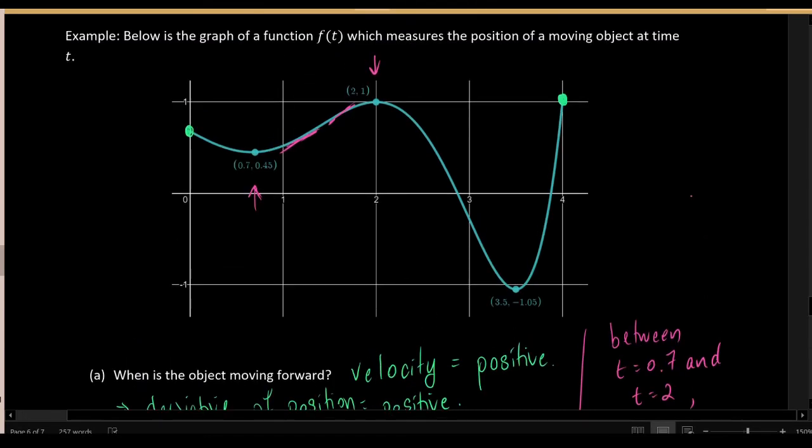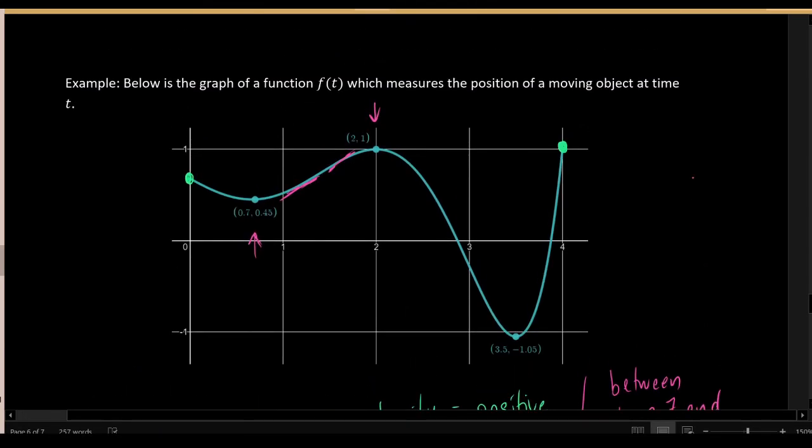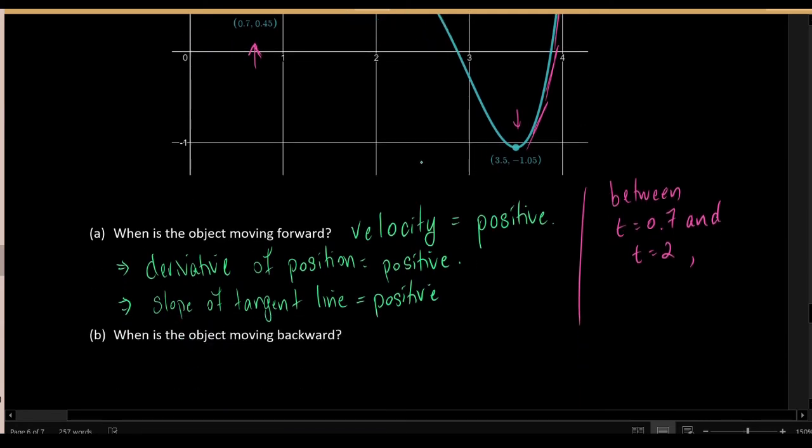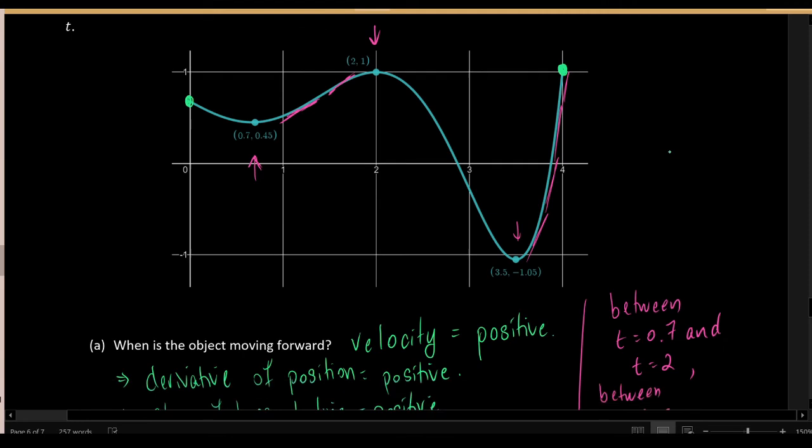But that's not the only location on this graph with this property. If I look at the locations to the right of this point, 3.5, at all of these locations the graph is slanted upward. So at all of these locations, the tangent line would have positive slope, therefore the derivative would be positive, therefore the velocity would be positive. And as a result, the object would be moving forward. So between t equals 3.5